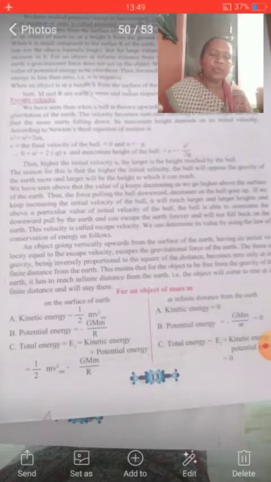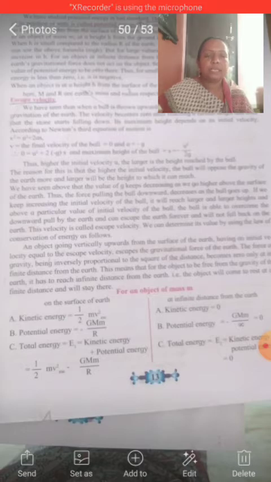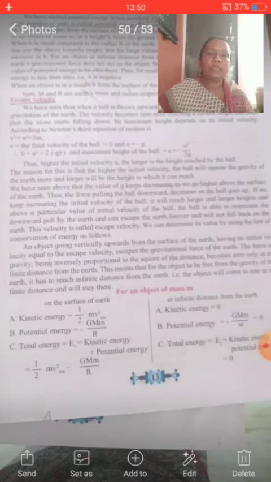We know that when we throw a ball in an upward direction, its velocity decreases because of the gravitation of the earth. At the starting point, the velocity of the ball is highest, but as it goes upward, the velocity decreases, and at some certain point it becomes zero. You know that after some time the ball comes again towards the earth. That means at that point the velocity of the ball becomes zero, and then the ball starts to come towards the ground. That means it is falling down.